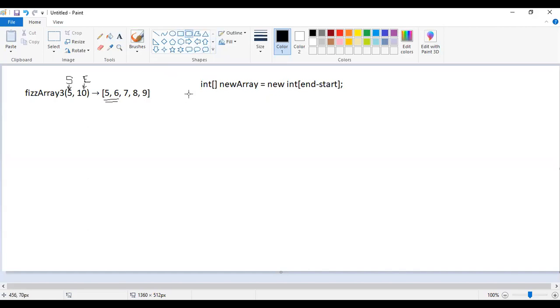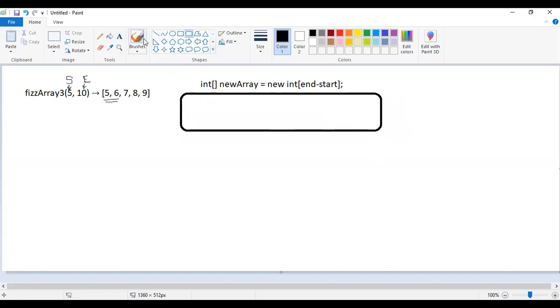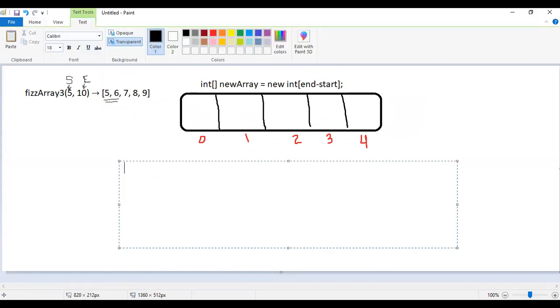Now, what's the goal here? So we have this array, new array, and technically, since 10 minus 5 is 5, we'll have an array length of 5, which means we're actually going to be storing 5 elements. And each of these elements will have an index. Now, our goal here is in our code. Let's actually work our code and the visual process in unison. So what we want to do is have a for loop, obviously, right? So for int i,